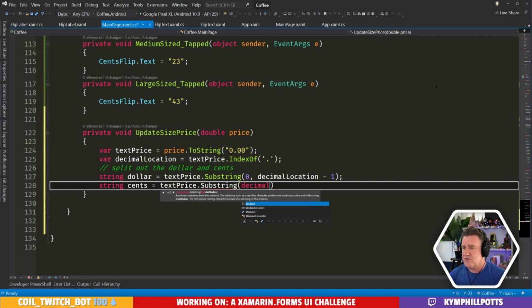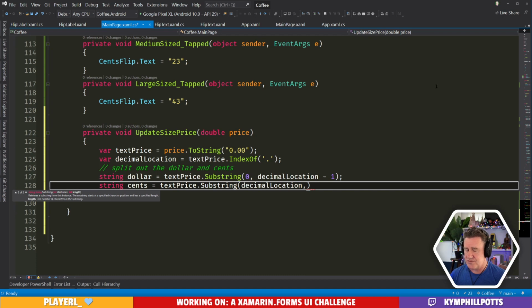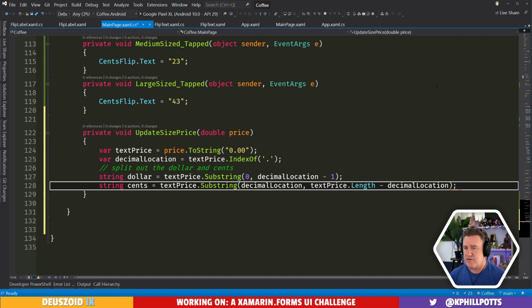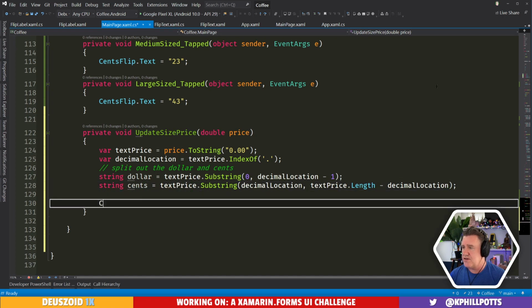Starting at the decimal location and going to, no way that's going to be right. And then just do our cents flip.